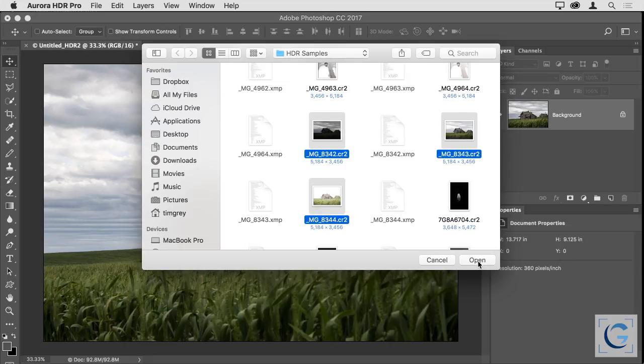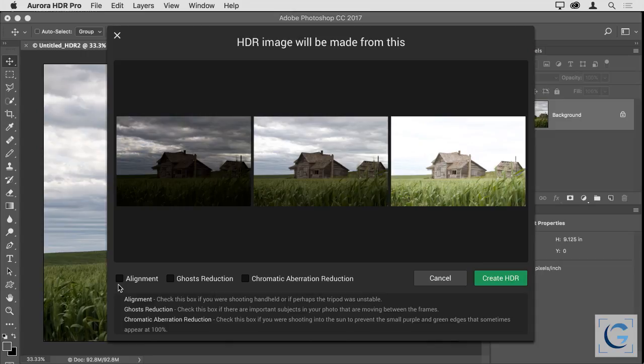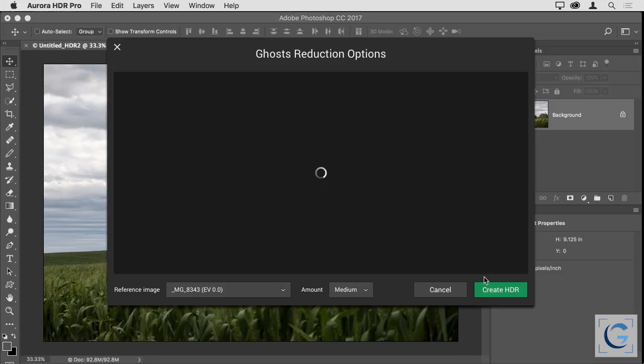So I select the multiple images that I want to combine together. I can then choose that Open option, and you'll see that the workflow here is quite streamlined. Down at the bottom, I have settings for alignment, ghost reduction, and chromatic aberration reduction. Very similar to what we saw in Lightroom with the addition of chromatic aberration reduction. So turning on all of those options, which I generally would want, I'll go ahead and click the Create HDR